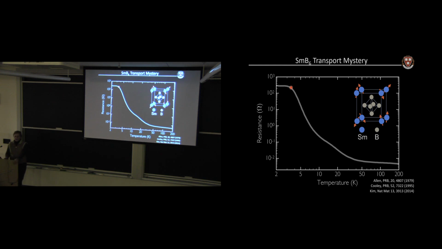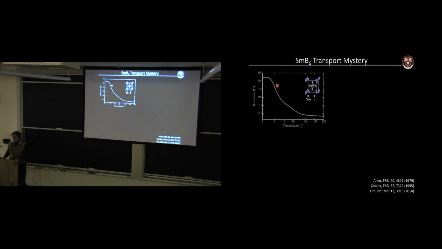That is really bizarre. Most insulators, the resistance would continue to go up and up and up as you go to lower and lower temperature. And so this plateau has caused almost fistfights for about 40 years now. Some people think it's impurities in the material, and various exotic solutions have been proposed, but there's been little agreement about what this plateau actually is. And then it was proposed by,